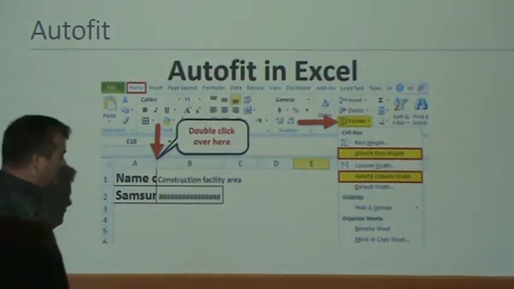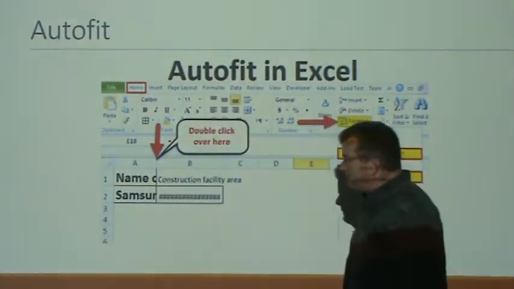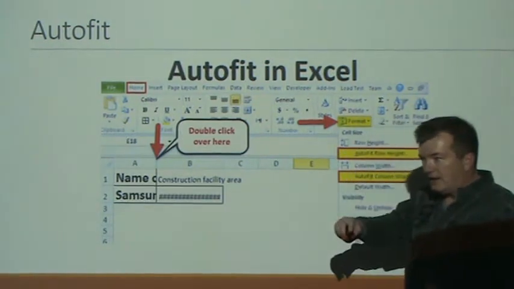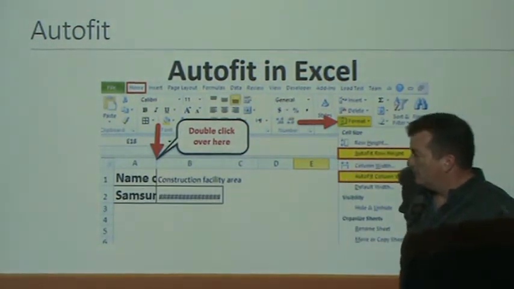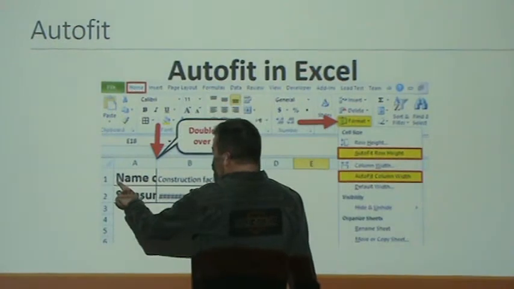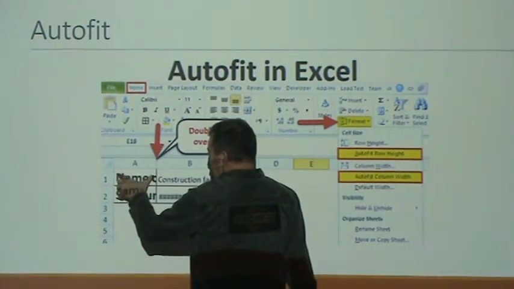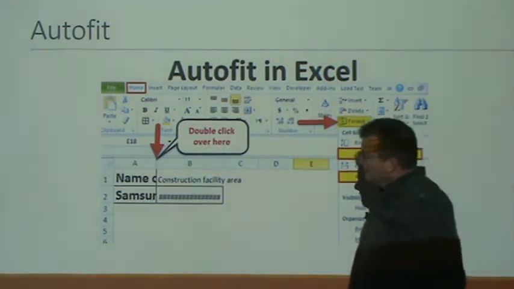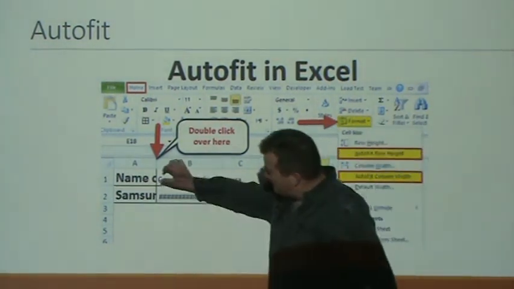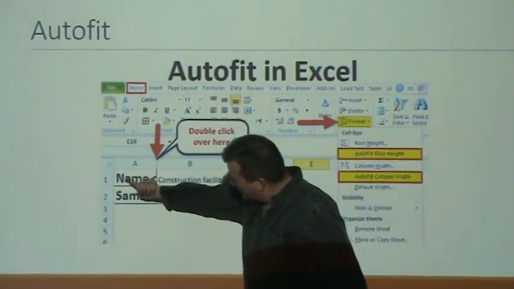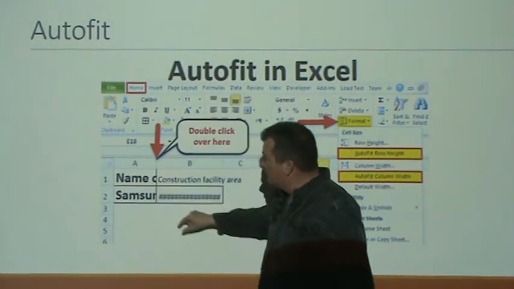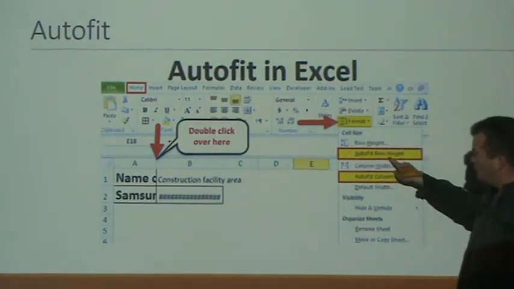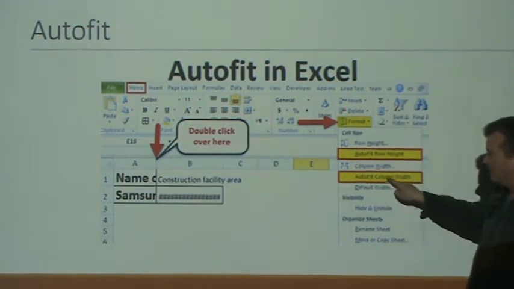Auto-fitting data to a cell would be where you want the columns or the rows to stretch so that it's big enough to cover what you've typed in. So for example, you can make the font much bigger in column A and much smaller in column B, and it's very possible that the thickness of the row might be too thin and it starts squishing away some of these letters. So if you wanted to auto-fit, and you said, I want to auto-fit the row height or auto-fit the column width,